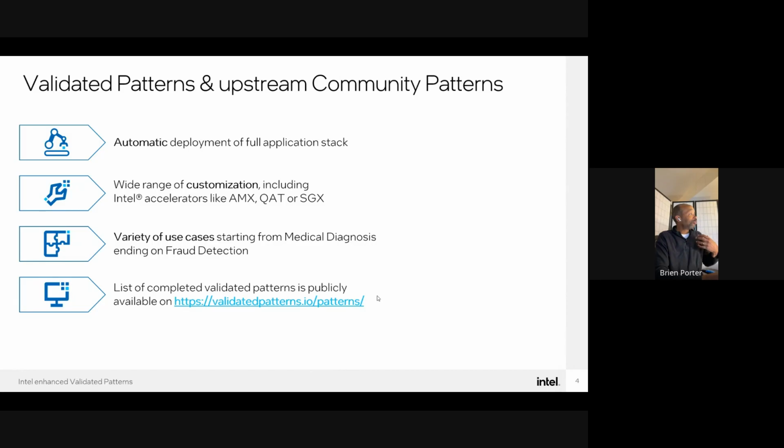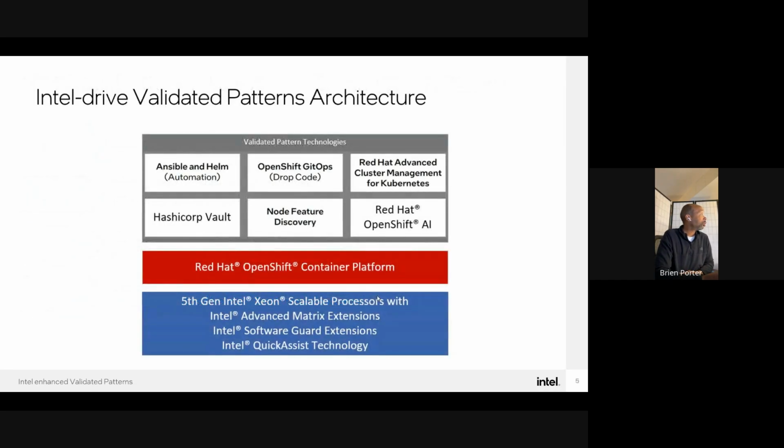And then for the different use cases or personas, there are a variety of different use cases that we'll put together for our users. All of the stuff I'm going to show you is available out on validatedpatterns.io, which is a Red Hat site that hosts all of these validated patterns. Cool. So just really quickly on how the stack works. So either Intel 5th generation or 6th generation technology, we've got a lot of tools that are built into our CPU,